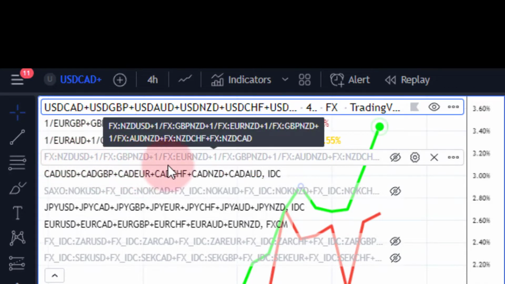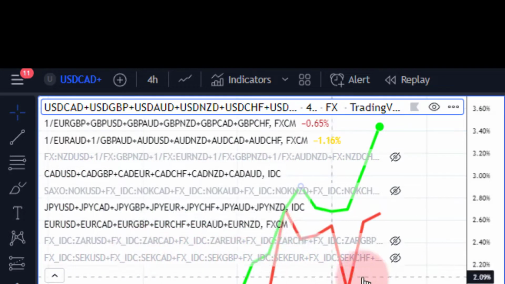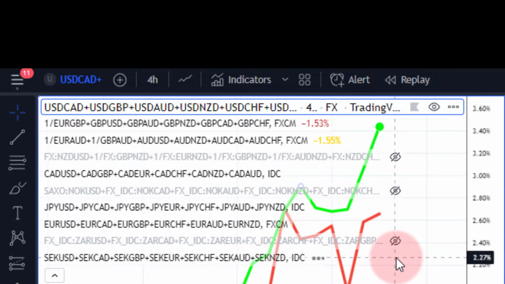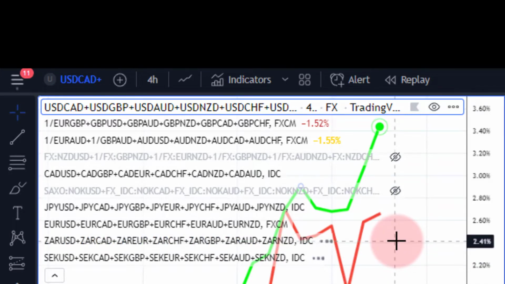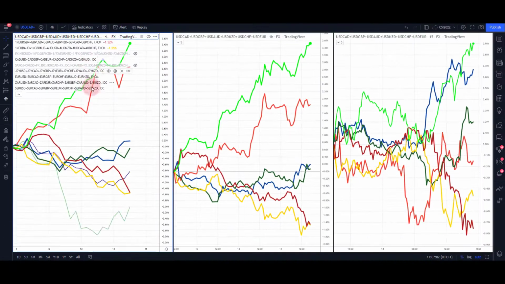And as you can see, I've got other currencies in there that I haven't added in here. For example, let's have a look. We've got Swedish krona, and we've got South African rand as well there. We're just calculating their numbers, and there you go, they come on. So it's not just the majors you can use. You can put together as many